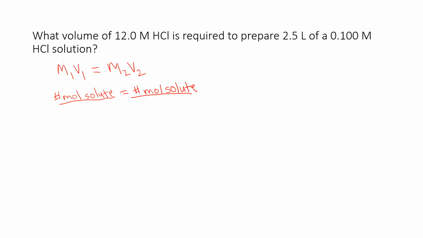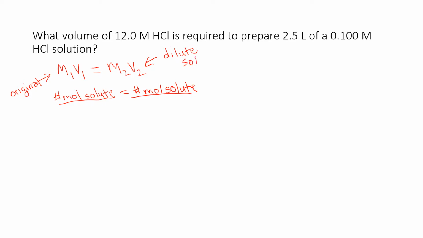Okay, so in this problem, it says what volume of a 12.0 molar concentration of HCl is required to prepare 2.5 liter of a 0.100 molar concentration of HCl solution. So think of M1 and V1 as your original or more concentrated solution, and M2 V2 as your dilute